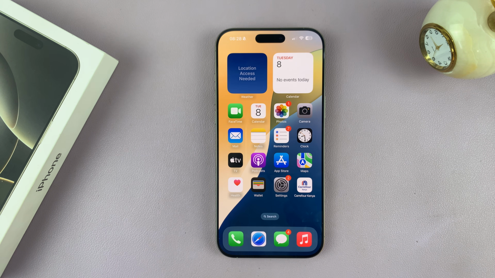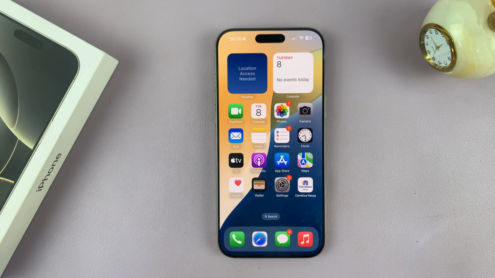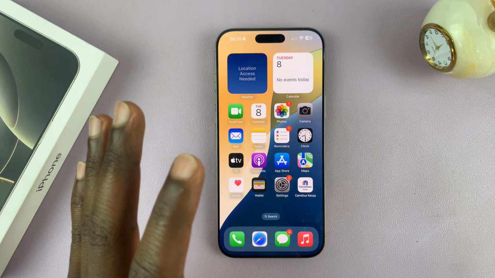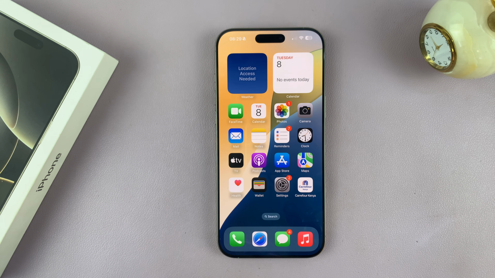So today I'll be showing you how to fix internet or network connectivity problems on your iPhone 16 or iPhone 16 Pro. Now, different people might have different reasons for their network issues. So I'll be showing you a couple of things you can do, and maybe one of these will fix your problem. So if you're using Wi-Fi, the first thing you want to do is check if the Wi-Fi is actually